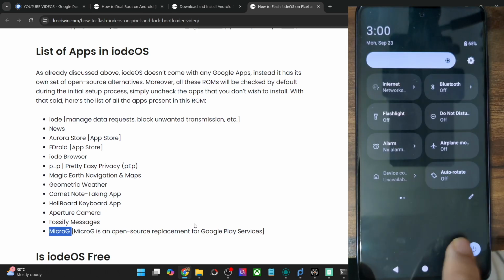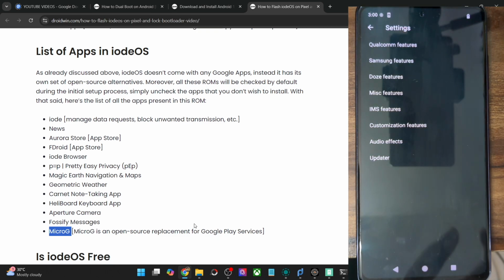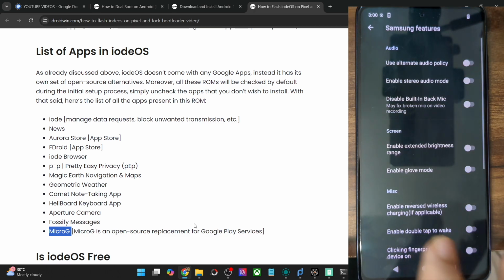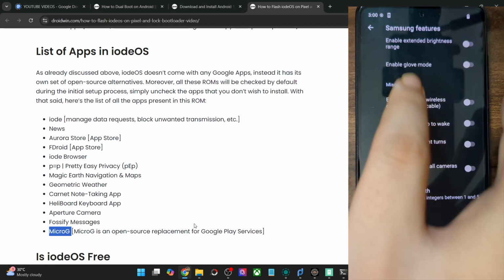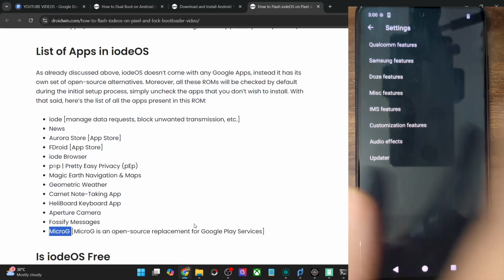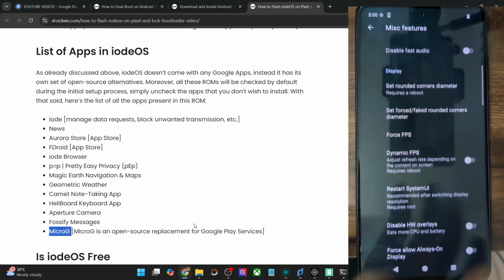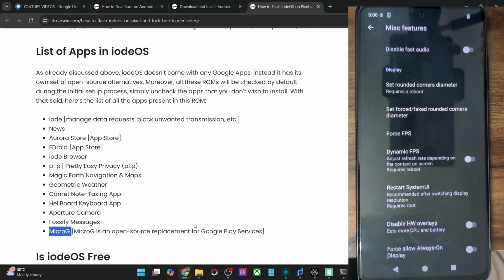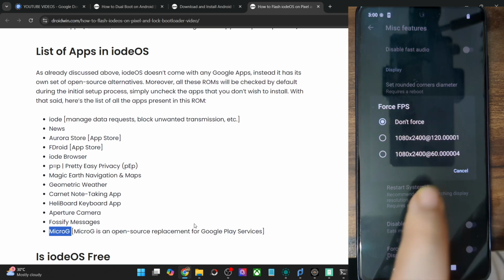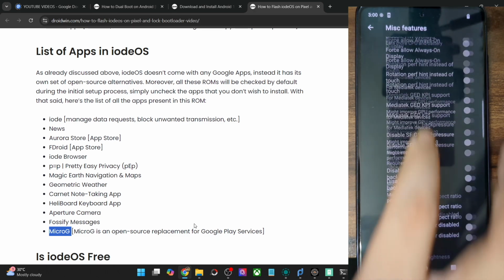Anyways, let me go to the settings menu, and if you go to the Phh Treble settings, you could get hold of all the GSI ROM tweaks. This is the Samsung specific features. So these are the miscellaneous tweaks and the workarounds. Only use these advanced level tweaks if you know what you are doing, because it might lead to some additional extra issues. In case the display is not working on your phone, then go to Force FPS and choose 1080 at the rate of 60, and this will rectify the issue. Then restart the system UI and your task stands complete.